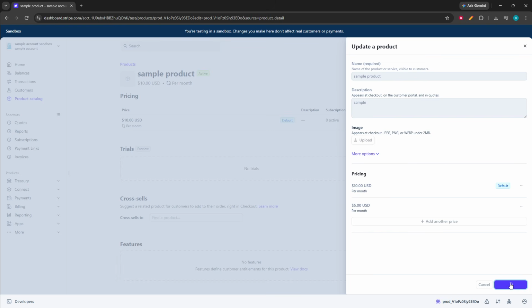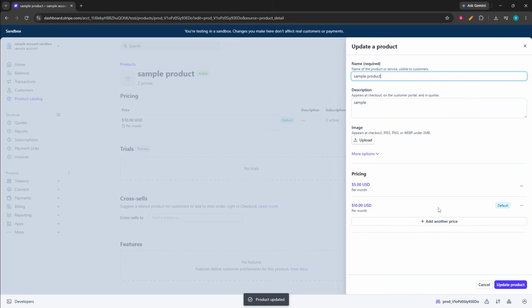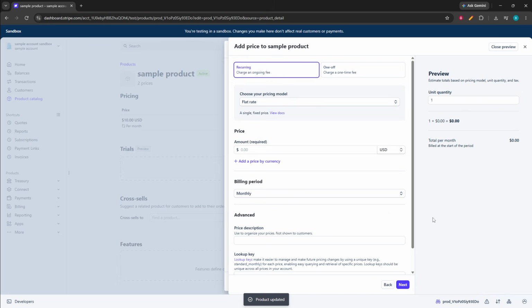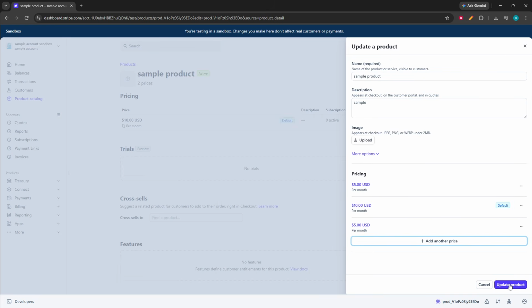To add another subscription tier, go back to the same product pricing section and click Add Another Price again. Then create the next recurring price by entering the amount for that tier and selecting the correct billing period. Continue repeating this process for each subscription option you want to offer. For example, you might create separate recurring prices for Basic, Pro, and Premium plans. Each tier should be added as its own recurring price under the same product, as long as they belong together